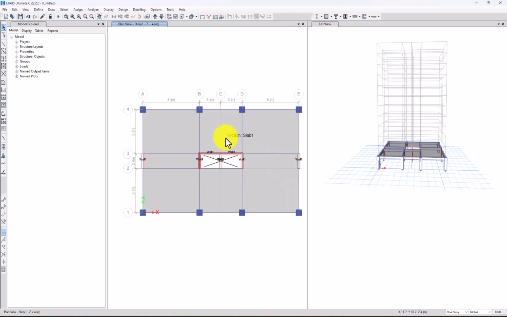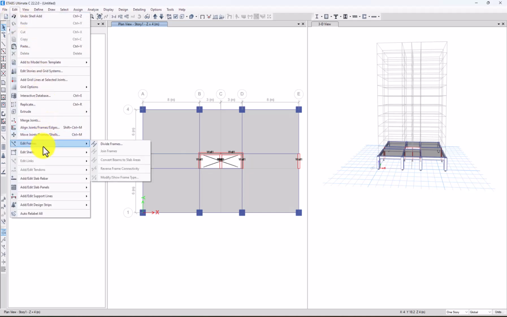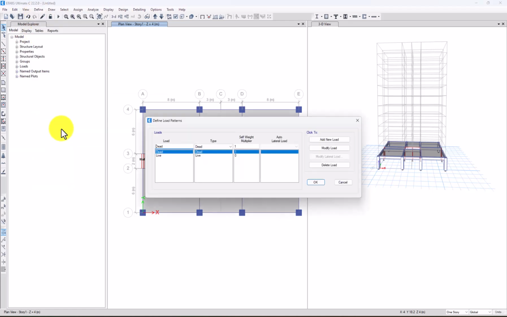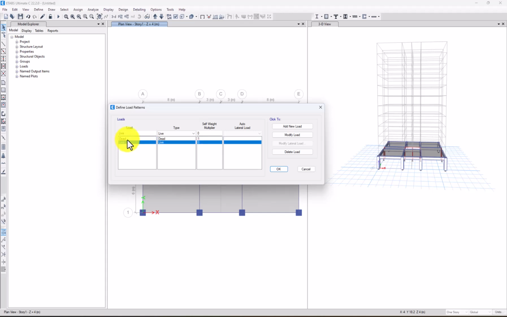So now we will apply the live load and dead load. If you want to add some extra loading patterns, you come to the define. Here is called load patterns. So basically we have live load and dead load. So additionally we will use a super dead load, and super dead load is here. And I'm going to add, additionally we have earthquake load, EX, and we can call it seismic load,